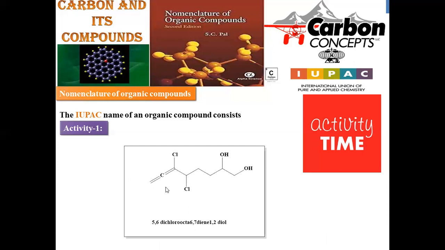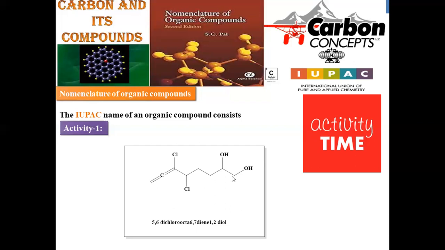Another one is also provided, where we have so many functional groups in the given compound. Then we have to first start numbering. From which end do we have to start numbering? Here, the double bond is on one terminal and OH is on the other terminal. What will be the order? Obviously, wherever OH is there, OH has higher priority over the double bond. That's why numbering will be started from the right hand side. Don't get confused with the double bond.